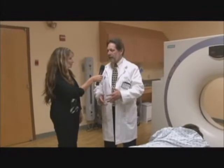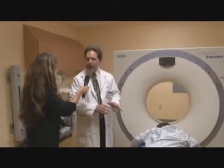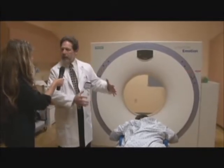So are you going to give us a little demonstration? Yes. Once we've had a consultation and discussed with patients the appropriateness of the radiation, how it would be done, what the potential side effects and the positive goals are, the first stage is what we call simulation or planning or mapping. And this is a modified CT scanner so that we can get a three-dimensional view of the insides